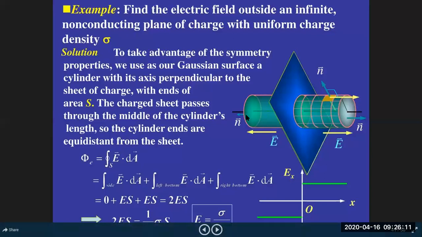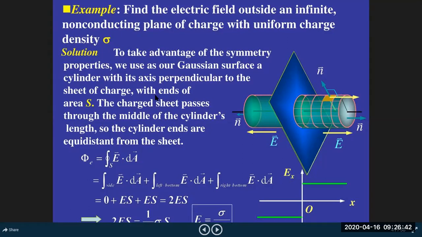Now, similarly at this location, because the sheet is thin, the concept of a thin sheet means that the charge that appears on this side, the same charge will appear on this side. So we have to take flux through the surface on either side, and then we find the net flux. So take advantage of the symmetry property, we use as our Gaussian surface a cylinder